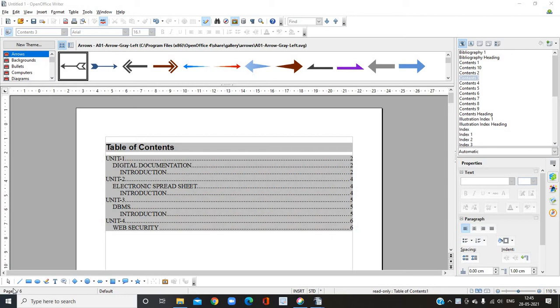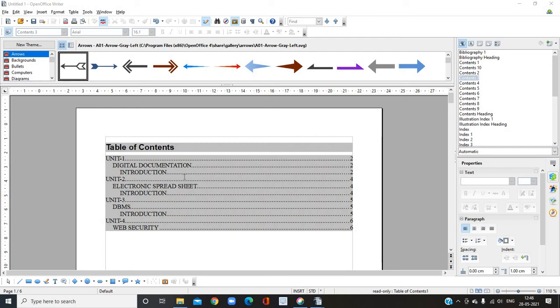In the last video we have seen how to generate table of contents for an OpenOffice Writer document, right? This video is the continuation of the last video, that is part 1. So if you missed part 1 of generating table of contents, please do watch that first, then come to this part 2. In the last video, we have seen how to generate table of contents, and after generating, how to edit the table of contents and how to update the table of contents. These 3 parts we have seen, right? So in this video, I am going to explain how to generate hyperlinks.